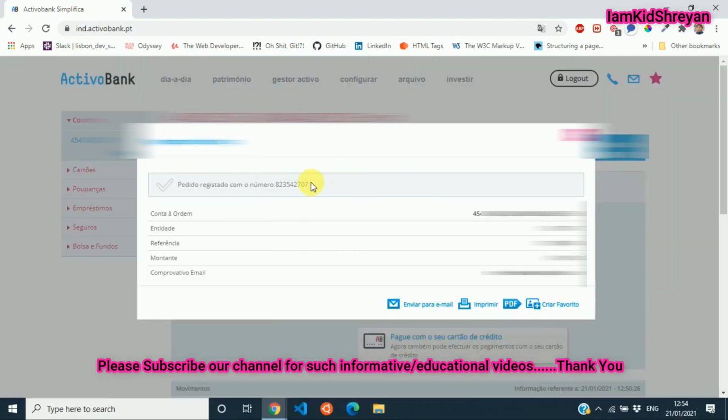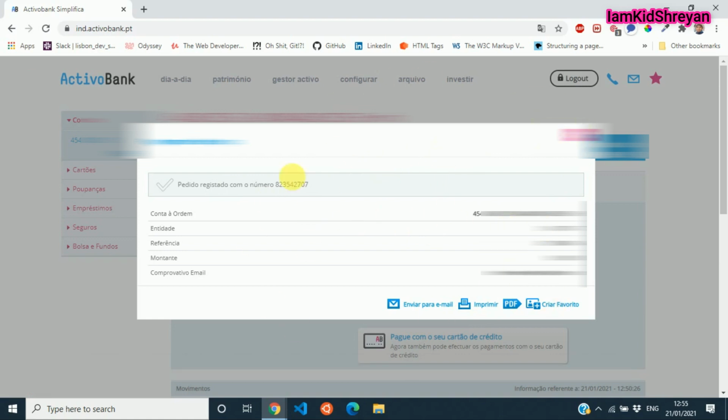Then your transaction is done. You have completed it. If you want to see this in your email address, you can click on enviar email. Otherwise, if you want to print it out, you can click on imprimir.